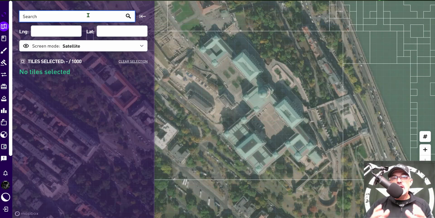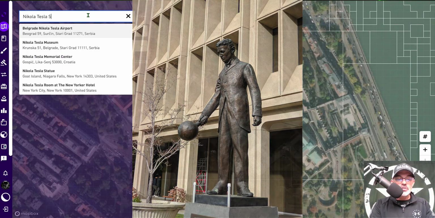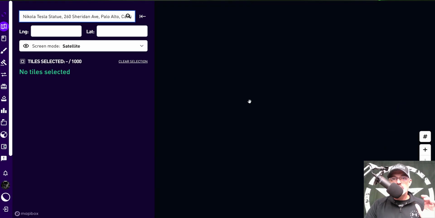Alright, so today I'm going to try to buy a statue of Tesla, the inventor, not the Elon Musk character, but the actual inventor himself. And there's a statue in Palo Alto, California. So if we do a search for Nikola Tesla statue, I can find the one from the list that's in Palo Alto, California. If I give that a click, we're going to zoom out and then zoom in to that